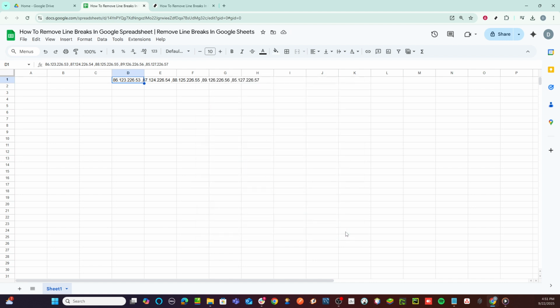Your spreadsheet should now look much cleaner, with all those pesky line breaks efficiently removed. By following these steps, you've taken control of your data presentation, making it easier to read and analyze. And that's it. You've successfully learned how to remove line breaks in Google Sheets. This quick and efficient method can save you a significant amount of time and keep your data neat and organized for better